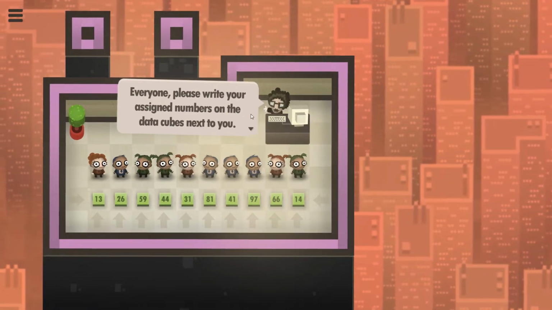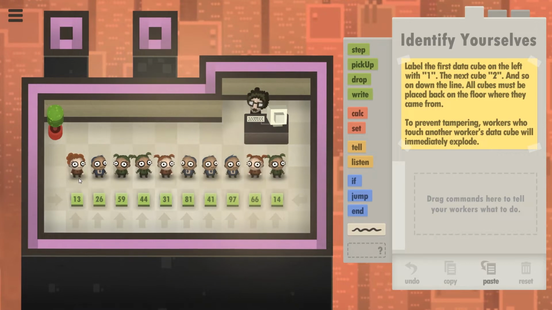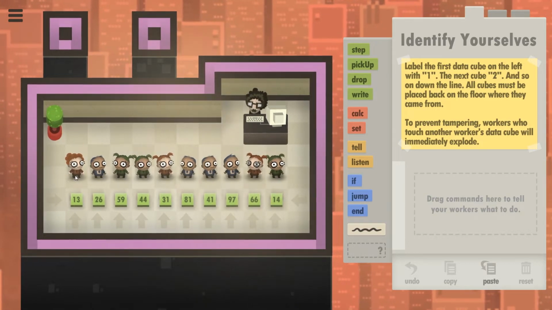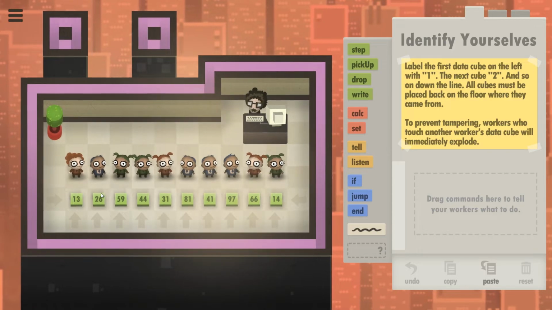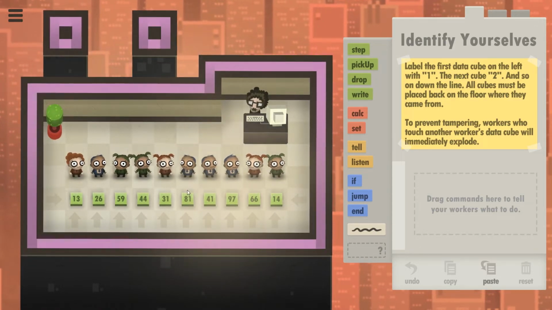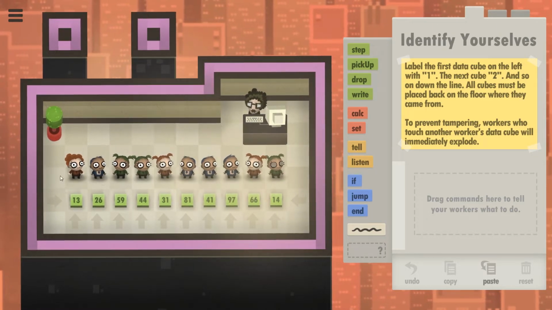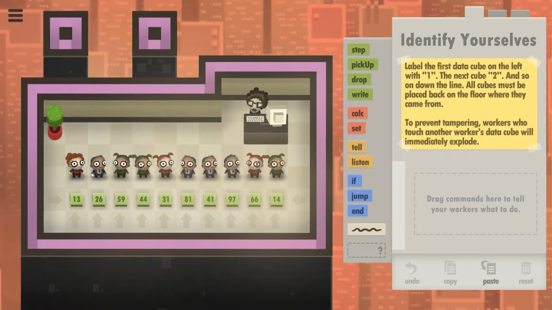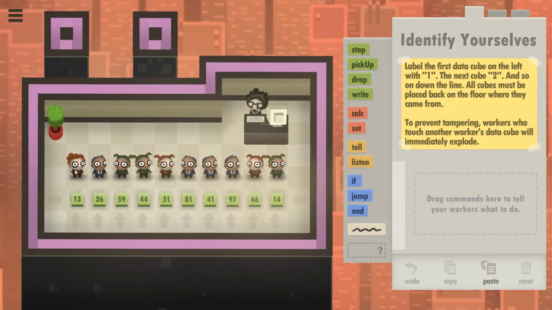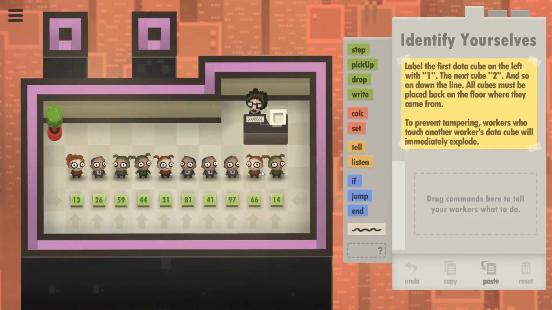Everyone, please write your assigned numbers on the data cubes next to you and put them back on the floor. Alright. So, what? We just need to write 1, 2, 3, 4, 5, 6, 7. Okay. Well, what I can do is pass a message down this line,